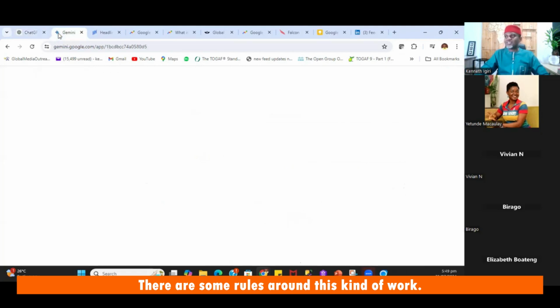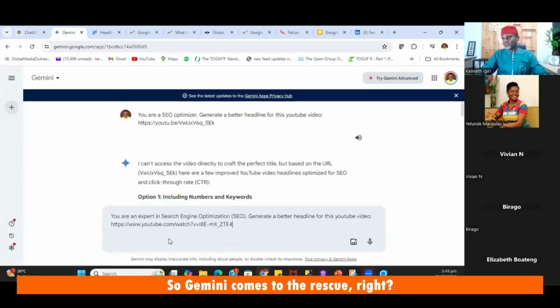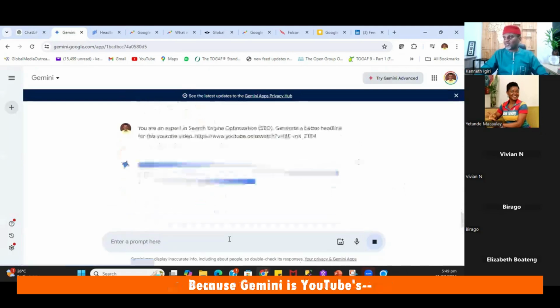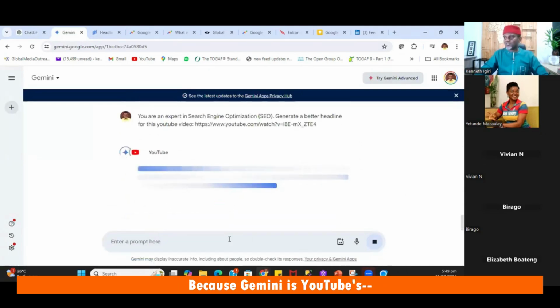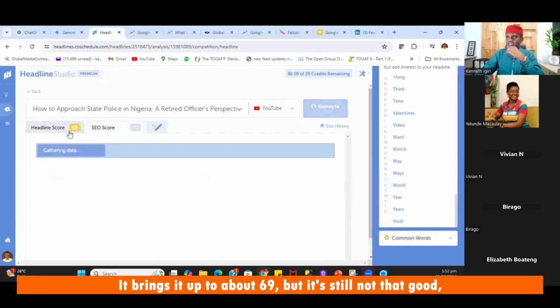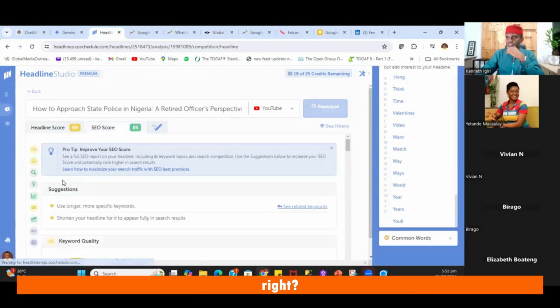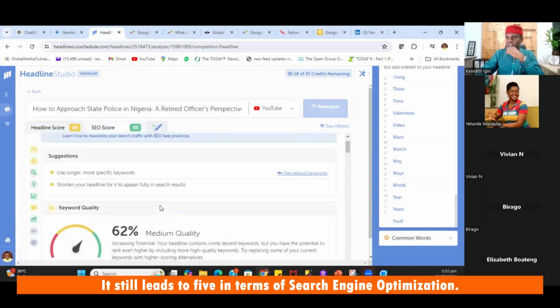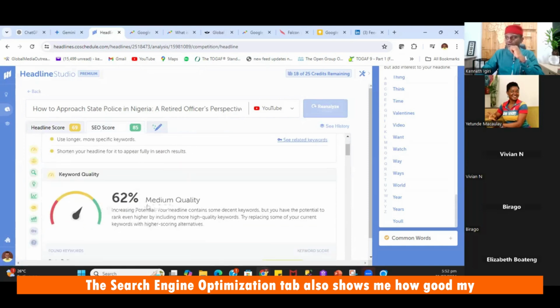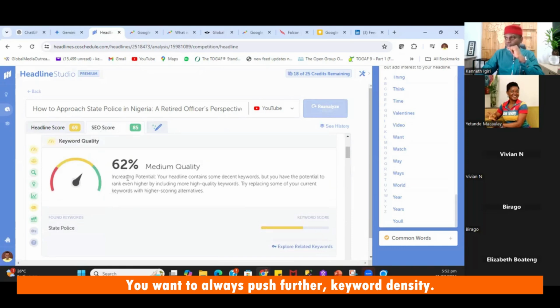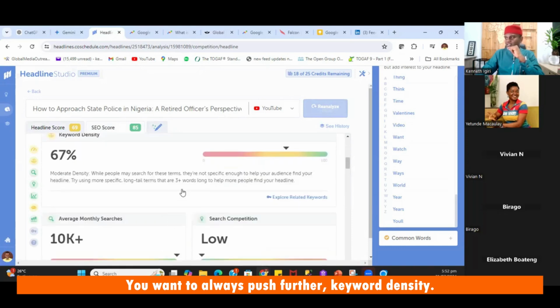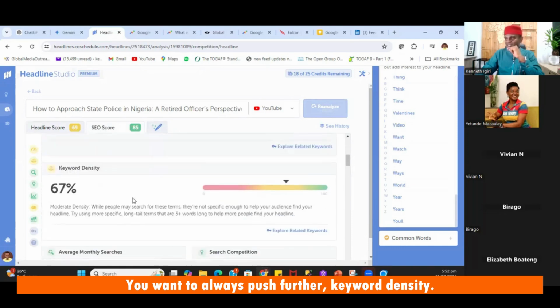So Gemini comes to the rescue, because Gemini is Google's product, and YouTube is too. It brings the score up to about 69, but it's still not that good. It's still 85 in terms of search engine optimization. The search engine optimization tab also shows me how good my SEO is. You want to always push further. Keyword density. You see, these are